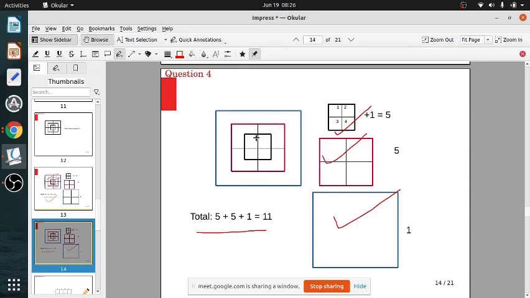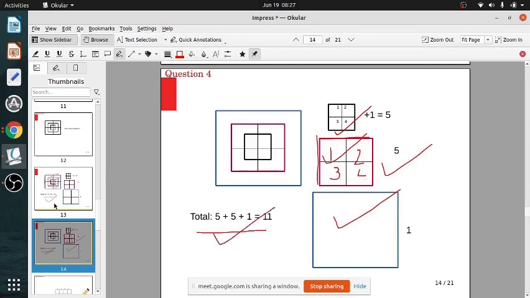Okay. So the inner one we take 5: 1, 2, 3, 4 and 1. Middle one also we take. This is 1, this is 2, this is 3, and this is 4, and 1, of course, the whole thing. You get the whole square. And 5. The outermost is not divided, so that is a whole, making only 1 square. So total 11 squares.